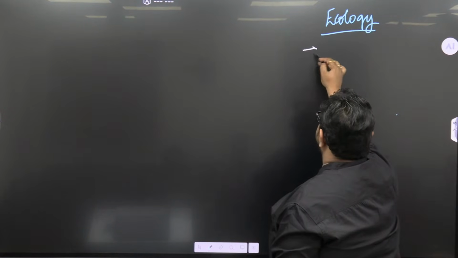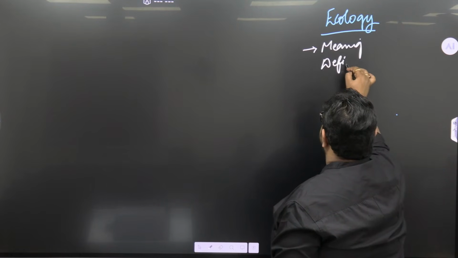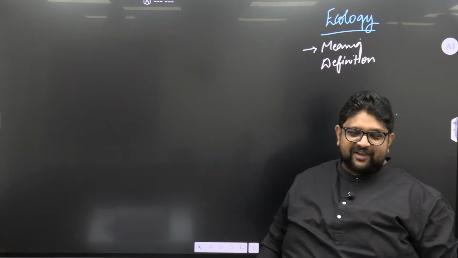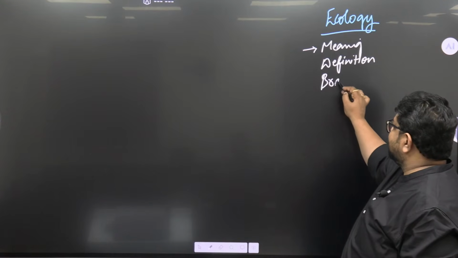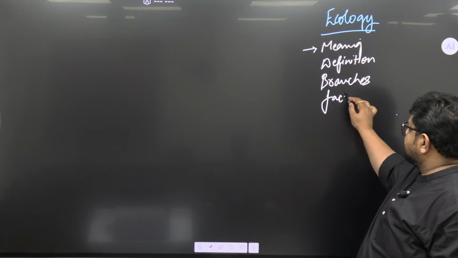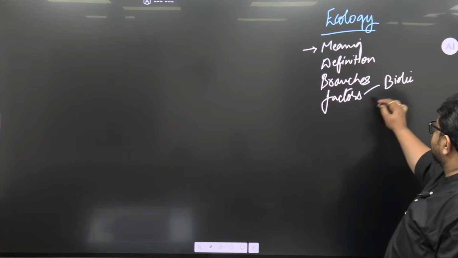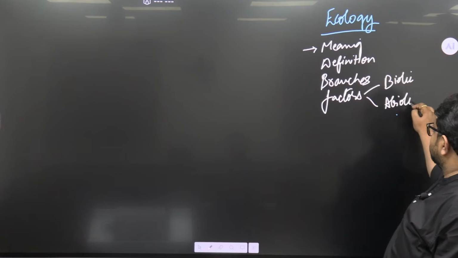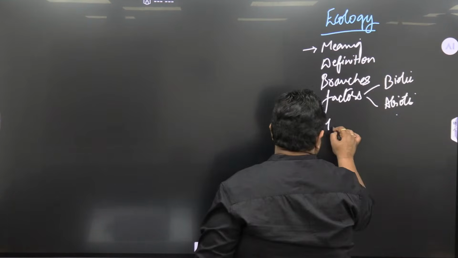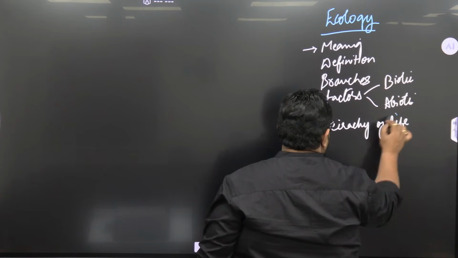First thing we studied about meaning, definition. Close your books. No looking back. Okay. Branches. Don't go into details. Just headings. Factors affecting ecology. In that, biotic, abiotic. Then hierarchy of life. From there we started